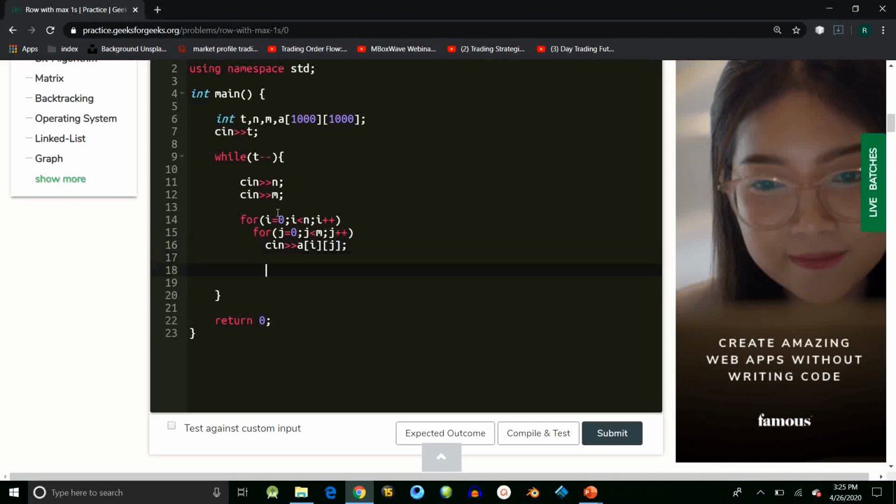Now according to our logic, we have to scan the array column wise, and while scanning the array column wise, we have to look for a 1. To scan array column wise, we will have to declare j outside, and j should be less than m, and we will declare the loop for i inside.